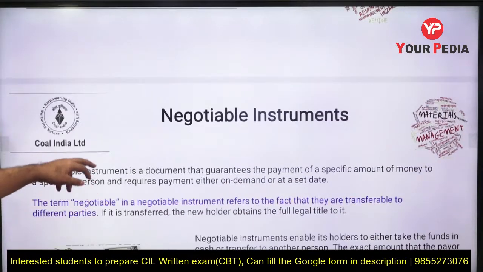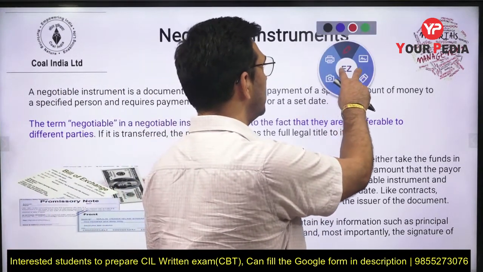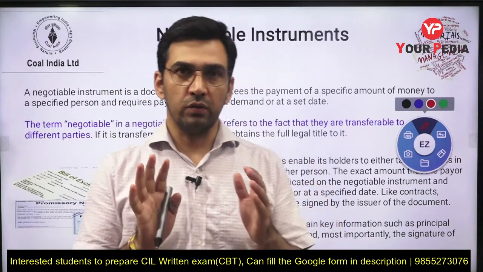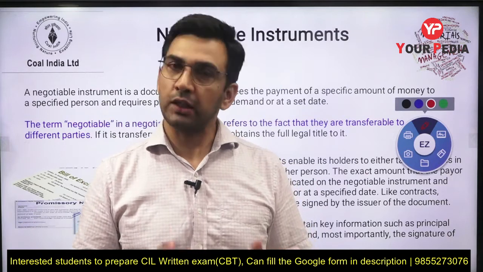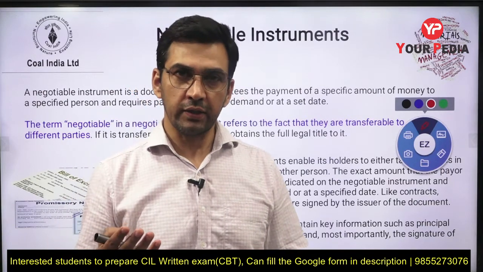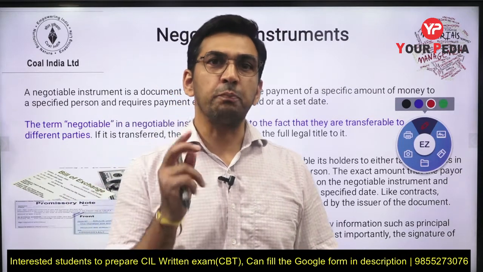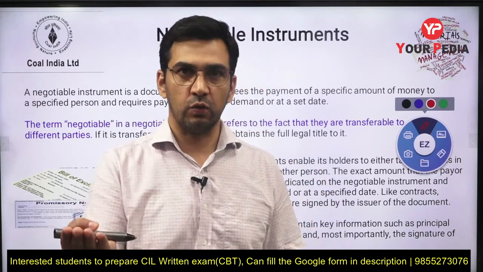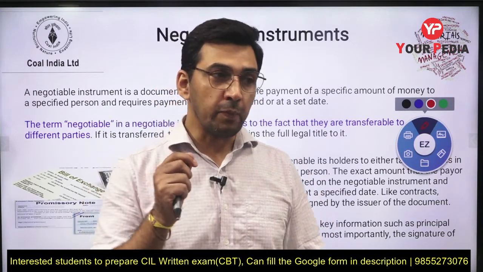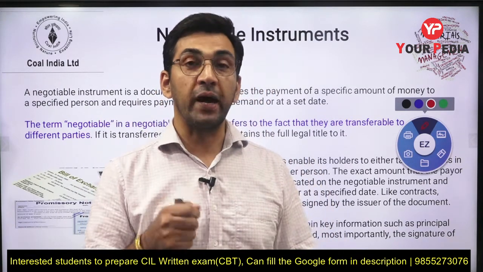So first let us try to understand the meaning of negotiable instruments. When we are talking about instruments over here, basically we are talking about documents. Whenever you are carrying out any business activity, there are two parties involved: one is the supplier, another one is the purchaser, or the customer. If you are purchasing something, obviously you are going to pay for that also. This topic is related to the method through which the buyer is going to make the payment